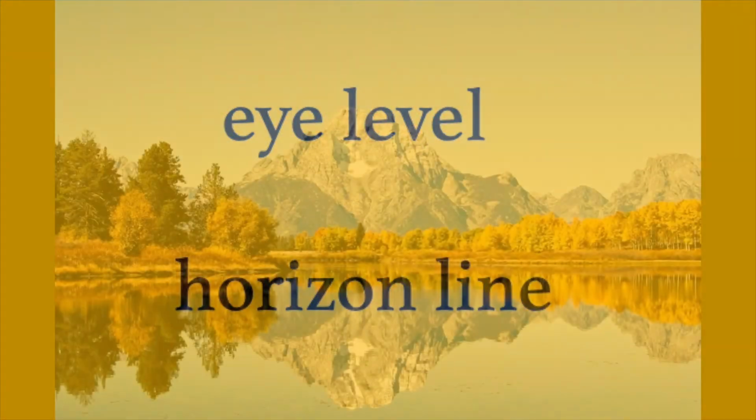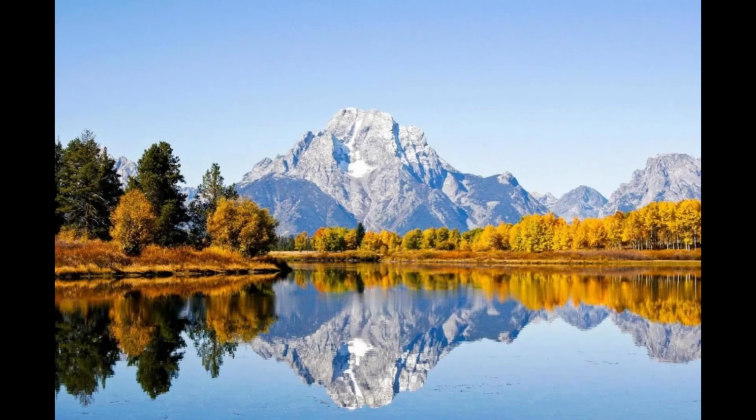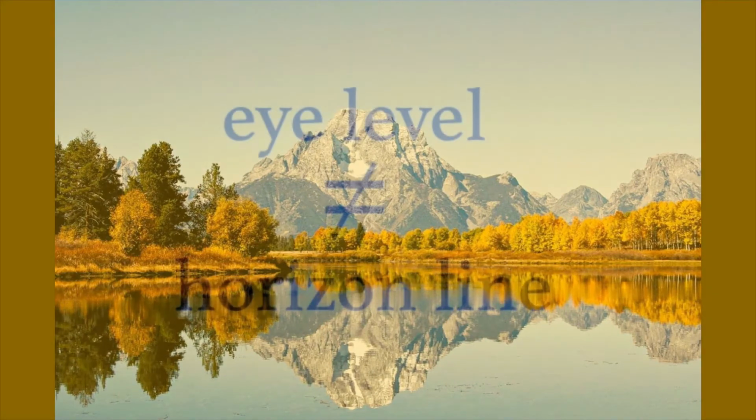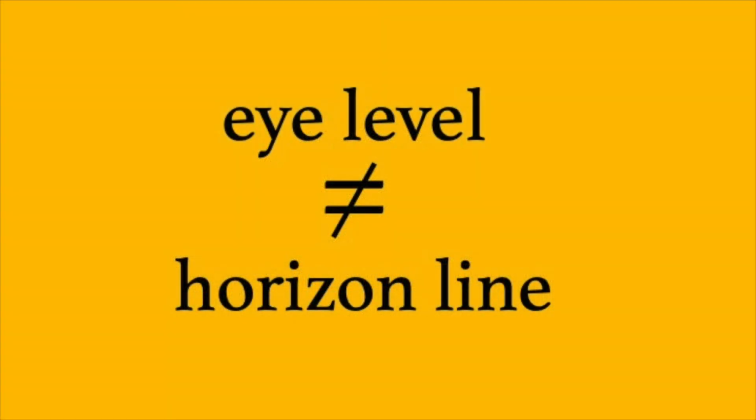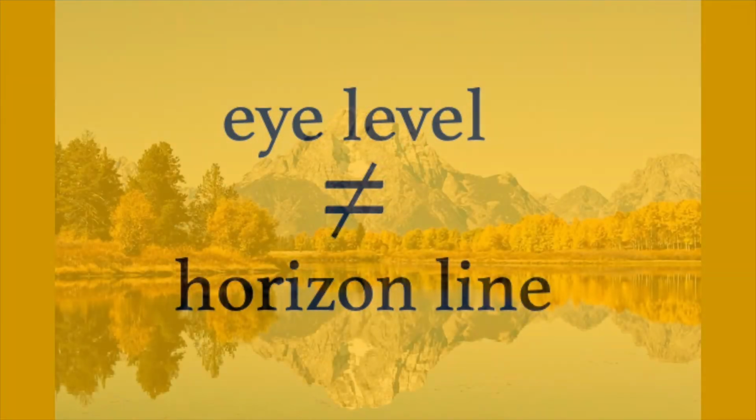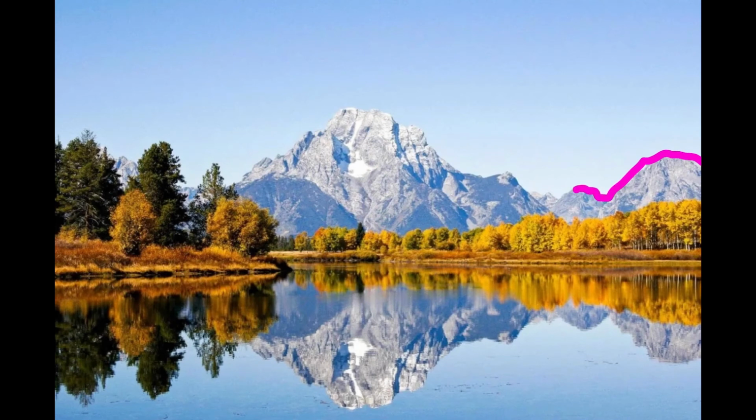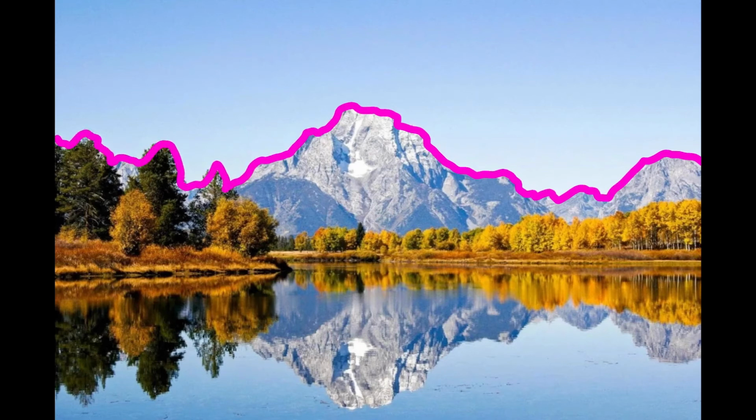Now, a word about eye level and the horizon, because these things tend to get confusing. I want to try to make it clear from the beginning. Eye level and horizon are just not the same thing, or rarely are, and I'll show you what I mean. The horizon is where objects that we see end and the sky begins. Eye level is different. Eye level is the line that corresponds to our height in the landscape.